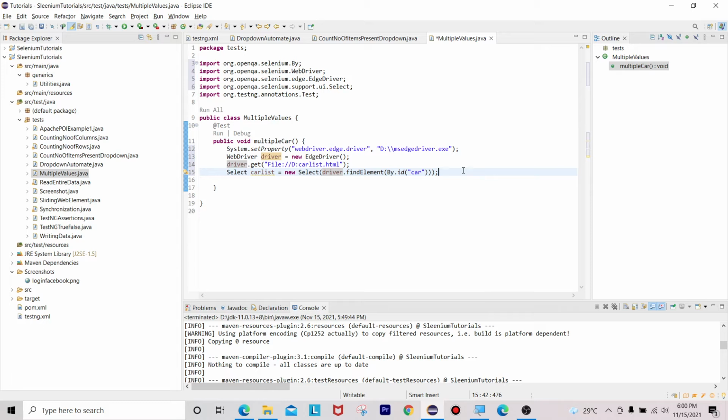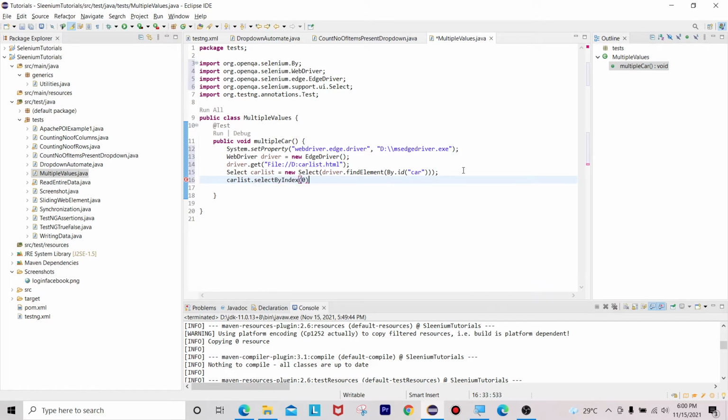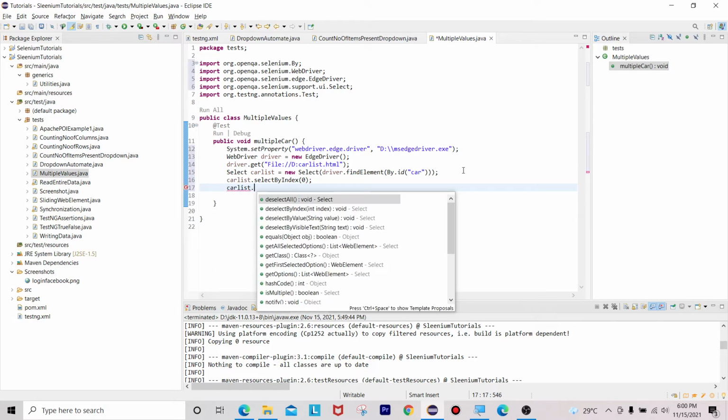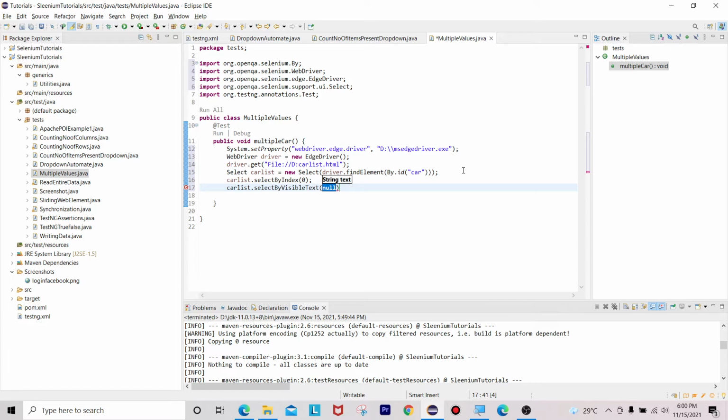Id equals to car. So after this one, carList.selectByIndex, that is starting with 0. After that, what I am doing is carList.selectByVisibleText, what we mentioned here, by visible text.